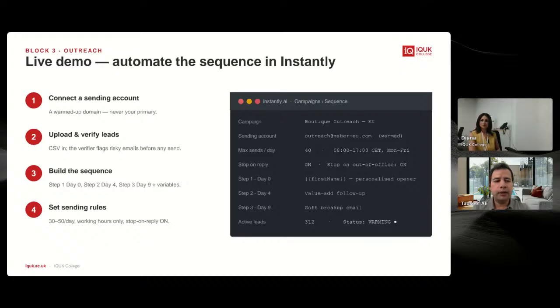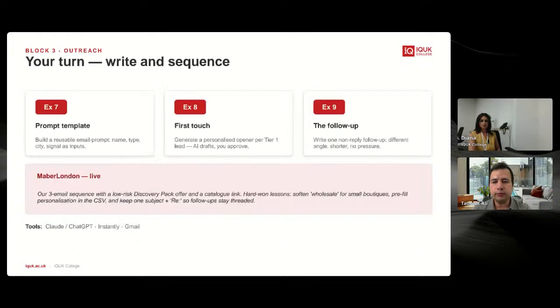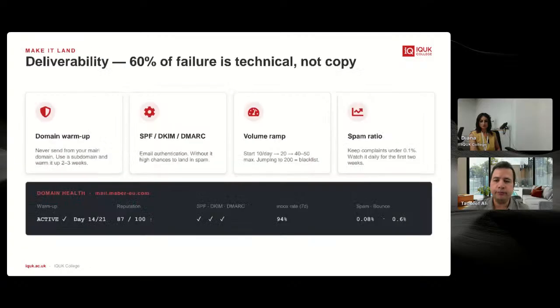Per email ID, do not send more than 30, 40, 50 emails per day. That's the kind of limit that you want to respect. Otherwise, there are different flags on the different providers, and they start flagging you as a spammer. So you can do these exercises at home to start building your outreach.